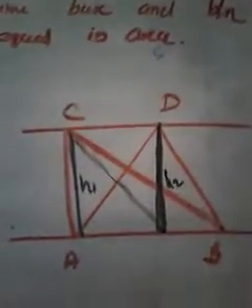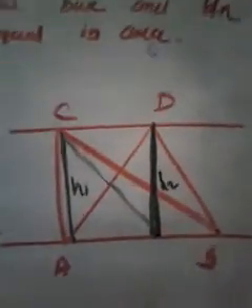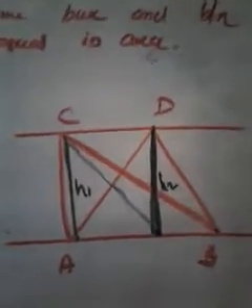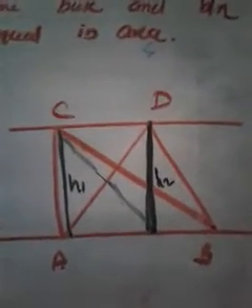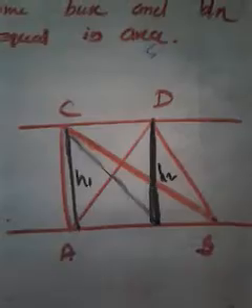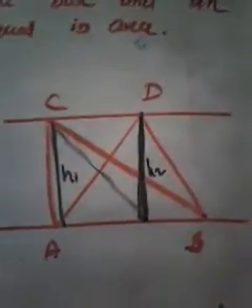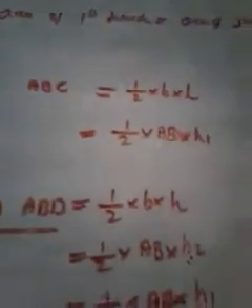You may have understood. So this is enough. That means if two triangles exist with such a condition, that both triangles have the same base and are standing between the same parallel lines, then the area of the first triangle should be equal to the area of the second triangle. And we proved that. You may have understood. So it's very simple. I'm not going to explain it once again. I know that this is very clear for you.